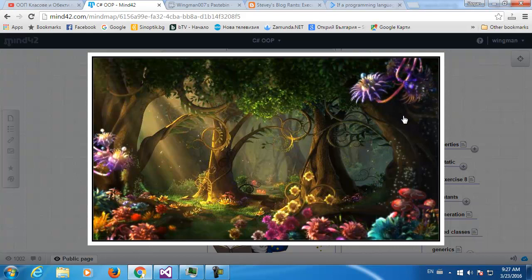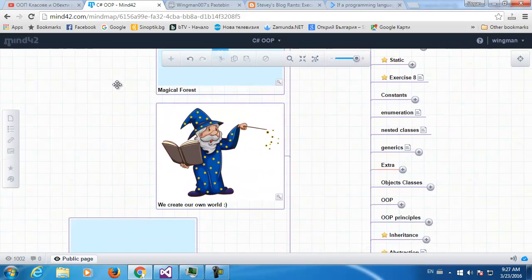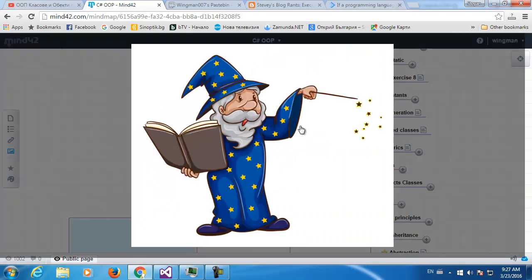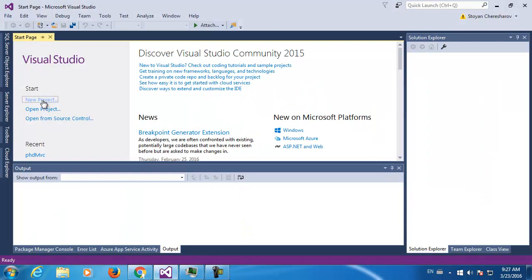Now let's start immediately creating our world. Click here and let's play the role of this wizard. Let's create a DNA from which we are going to create objects. So our project, actually our program, should be created by objects. How is that possible? I'm going to start Visual Studio and say new project,